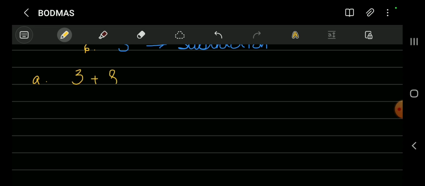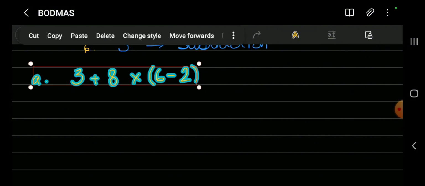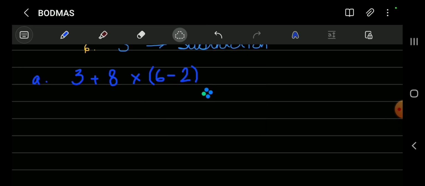3 plus 8 multiplied by 6 minus 2. Okay, see, this is an example. So how many operations are there? See, we have addition, we have multiplication, and we have subtraction. So following the BODMAS rule,